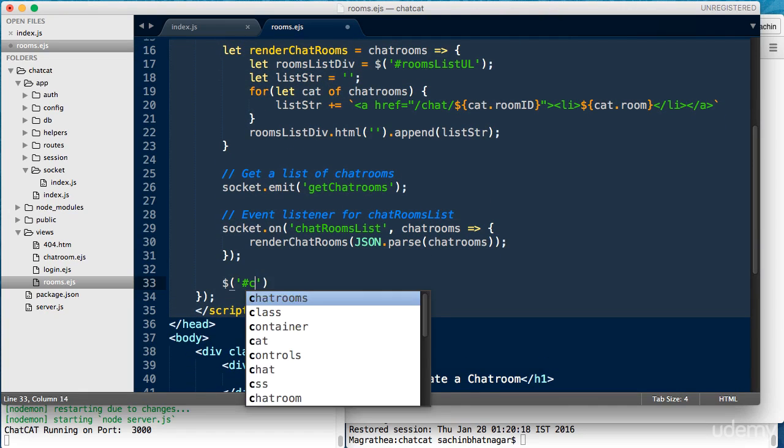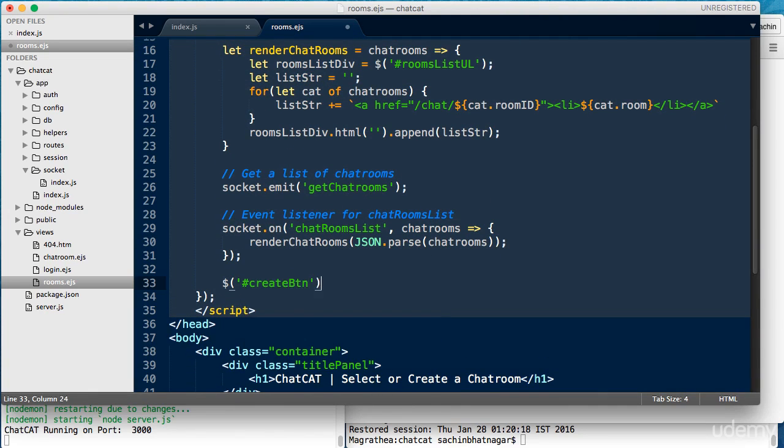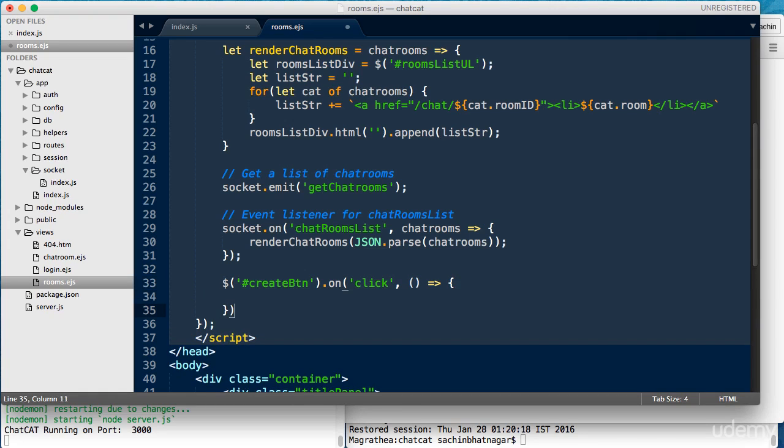Okay, next, using jQuery again, we'll select the create button using its ID and we'll attach an event listener for the click event. Now inside the event callback, we'll first access the contents of the input field like so, and we'll check to see if it is empty or not.